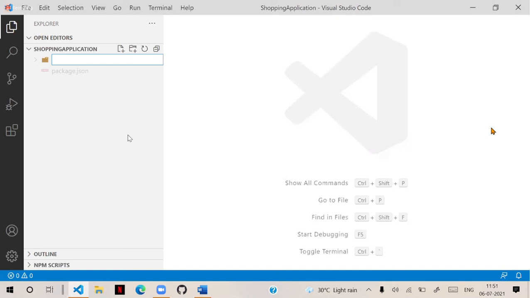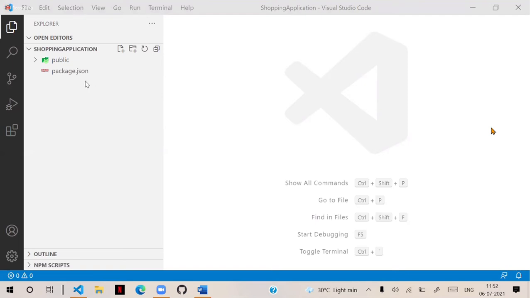In the folder button, we need to maintain some folders. First important folder, we need a folder called public. As per the project traditions, we will maintain the folders. In the public folder, we have to create and maintain all the static files.